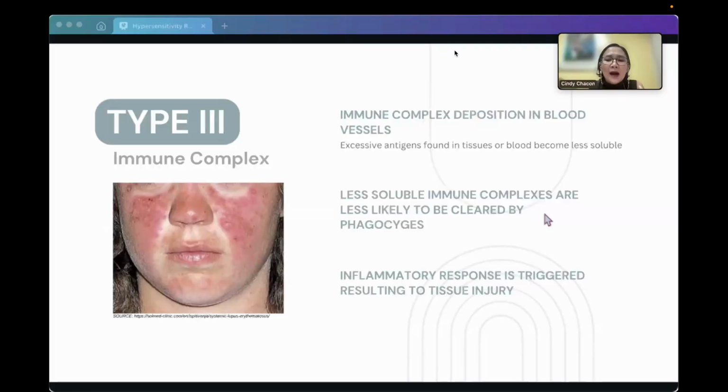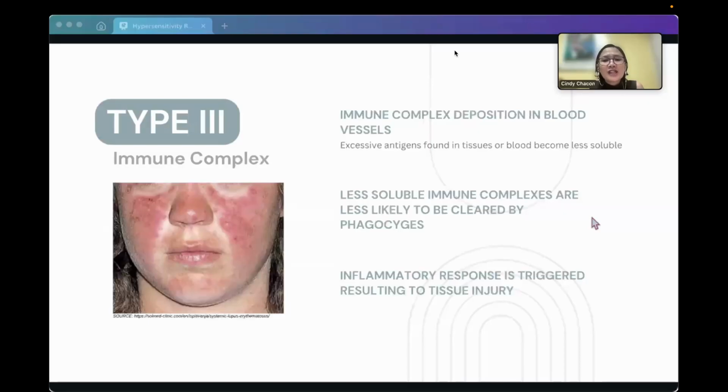However, it starts to become pathologic once there's too much antigen relative to the antibody, because this will lead to the formation of small or medium-sized complexes that are less soluble and are harder for phagocytic cells to clear. These immune complexes tend to get trapped in places where blood plasma is filtered under high pressure, like your kidneys, your joints, the small vessels in your skin, and other organs.